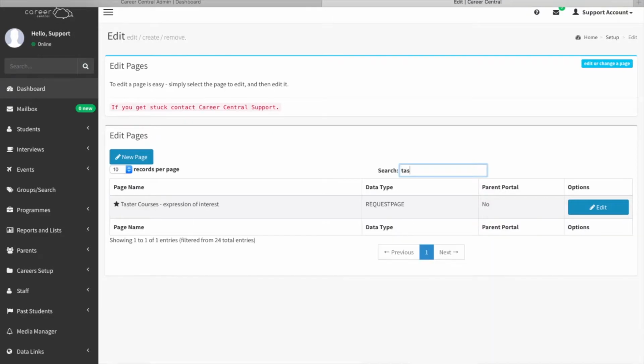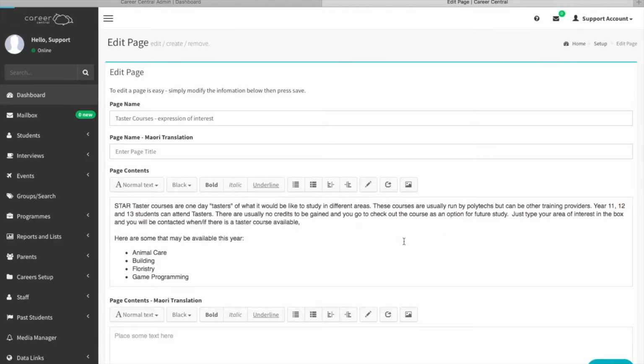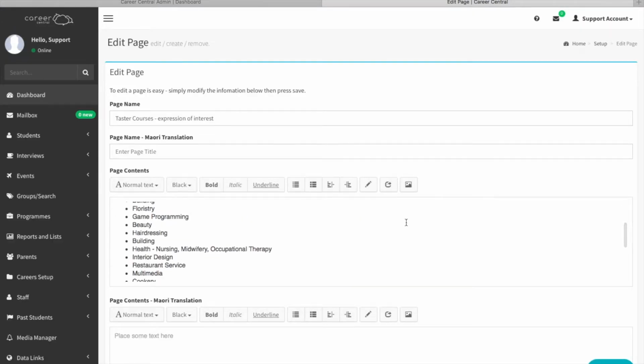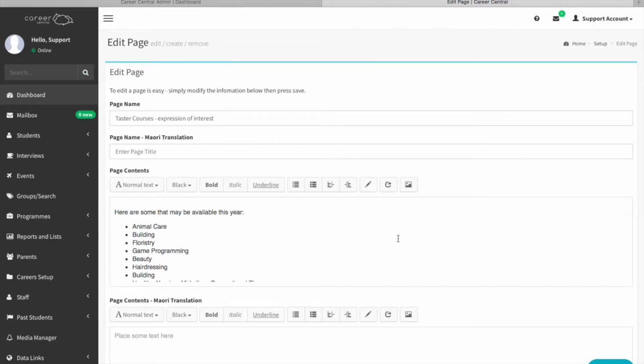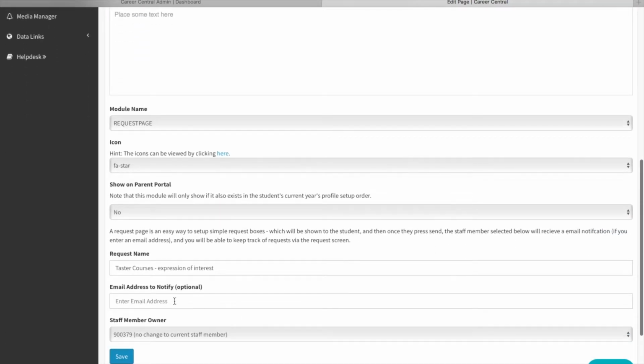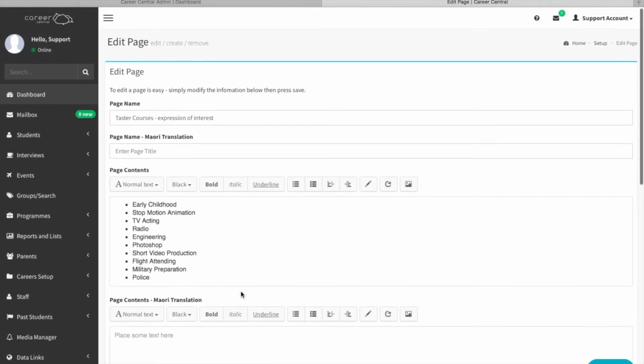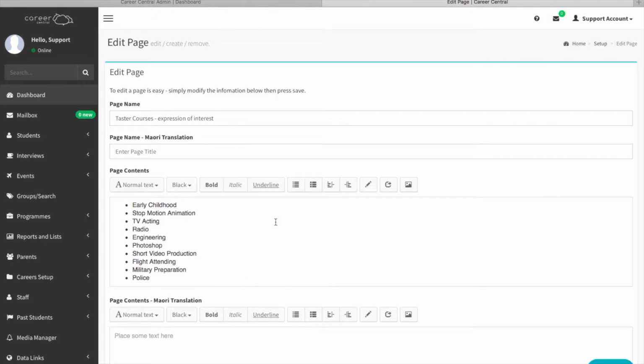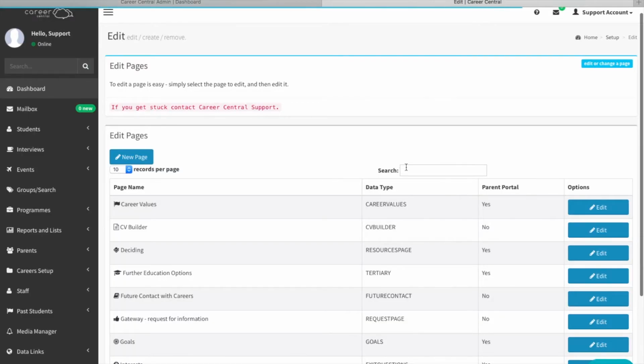As I said, the Taster Courses is also a request page, and if we go to edit that one, you will see similarly information about Taster Courses that are available. Quite important that you edit this so that it's reflecting the Taster Courses that you offer at your school, and once again the email address and the staff member who you would like to be notified if the students request that information. So again, you're making pages that you can then make visible to the students via the profile setup order. So if we go back, and the last request is the